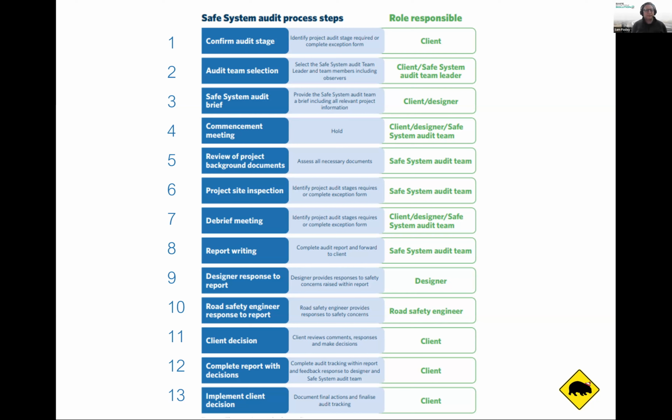So you'd have a look at all the background documents of the project, the designs, everything like that to see where it's come from. You will then do a site inspection. This is where you go out with the team. Really important that you do the site inspection because it gets you that knowledge of the environment and how things work, sort of like those 360 videos that Ken had there, but it's really recommended you get out there to actually see how things operate.